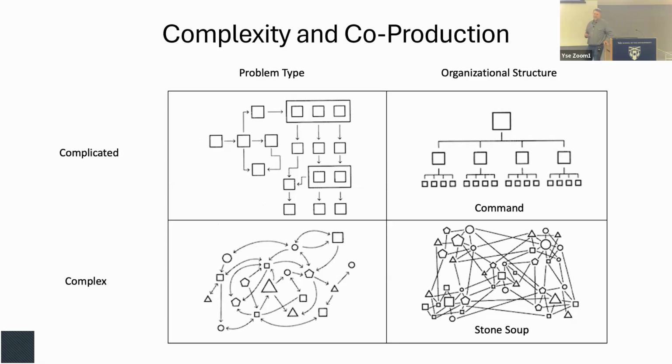Also, this idea of complexity and co-production, which we alluded to before. So you know that you're going to have to gather these ideas. Well, how do we go about doing it? Inherently, when we approach complicated problems, there's a good organizational fit for doing those complicated problems. And it usually looks like some sort of hierarchical structure like this. Military's famous for this, but you go look at any organizational chart for most businesses, and it's lots of this hierarchical. Another way of saying it is also siloed.